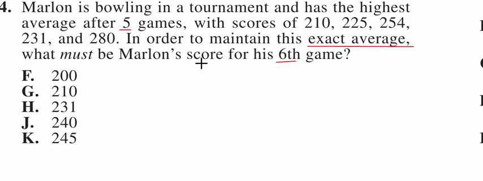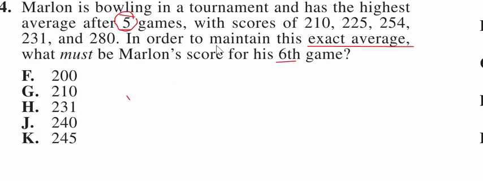Okay, so we're dealing with averages here. So first of all, we have to find out what his exact average is for the 5 games. To find averages, we need to add all his scores up and divide by the number of games he played. In this case, it is five